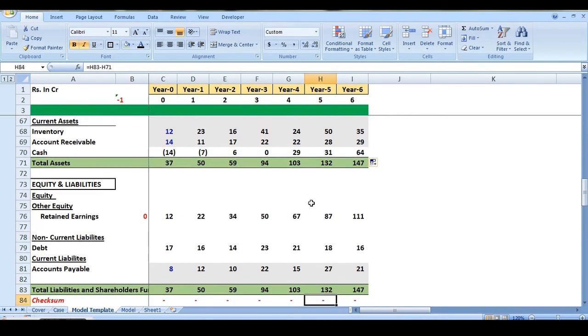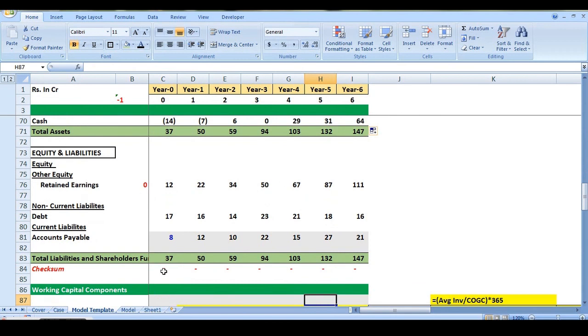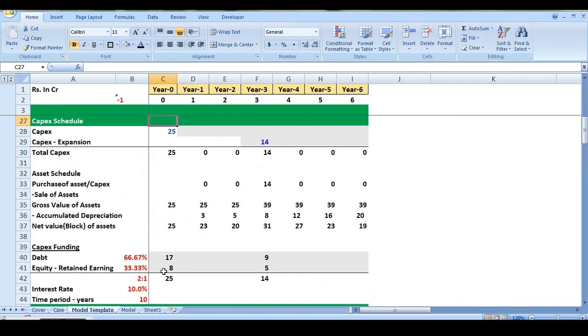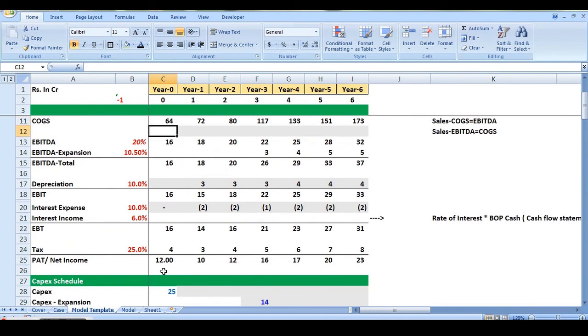And now if you see the magic, checksum is 0, means all the values that we have calculated are correct, which is balancing our balance sheet. And if you remember, there is something in the income statement as well which is remaining. In the income statement we have kept the interest income row as blank, because interest income is to be calculated on the beginning of period balance of cash at 6% rate of interest.